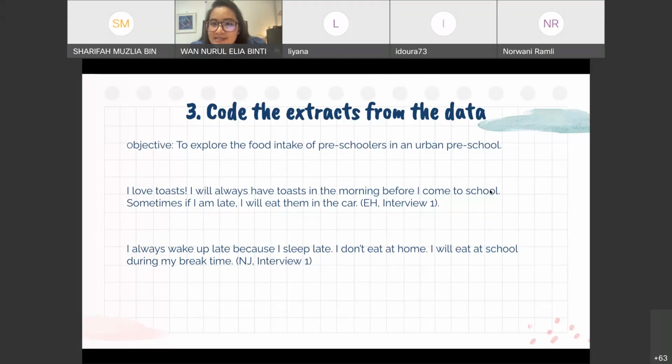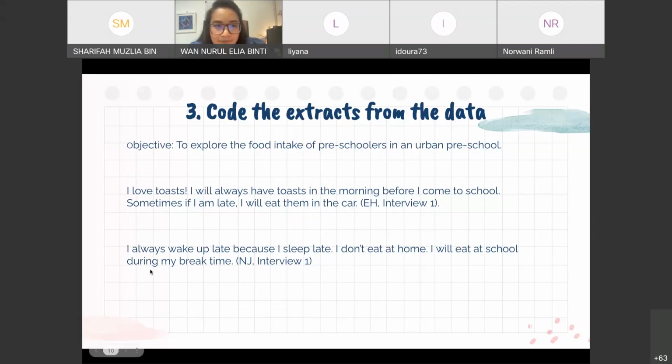Okay, Zakwan said toast, morning, late. Okay, some more? Eat in the morning, eat during break time. Okay? Some more? Car. Okay, what else? Okay, so that's the first one.